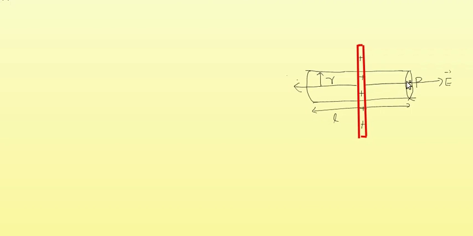So electric field lines will be passing normally through the two closed faces of the cylinder, and you can see that there will not be an electric field line passing through the curved surface of the cylinder, because all the field lines are passing normal to this conductor. So the field lines will be passing normal to the closed faces of this cylinder. Now let A be the area of these two closed faces of the cylinder.